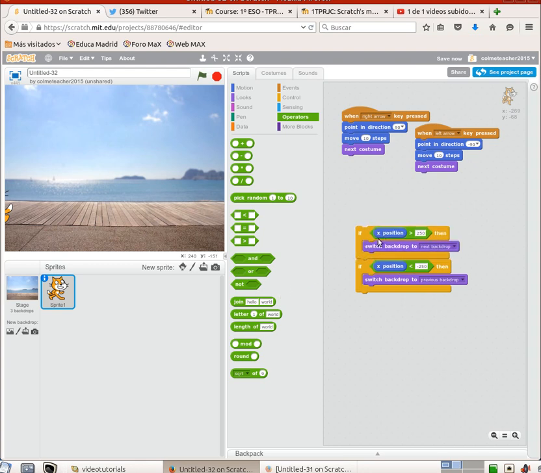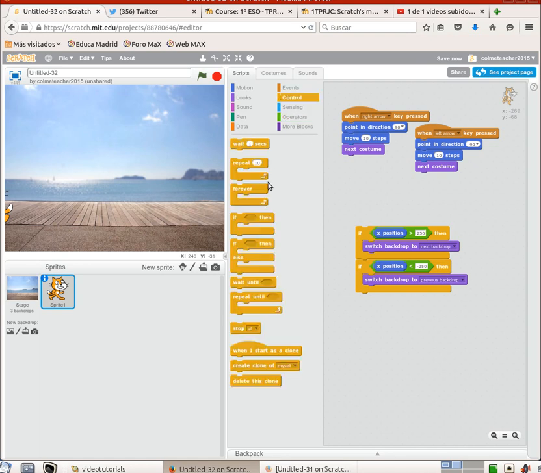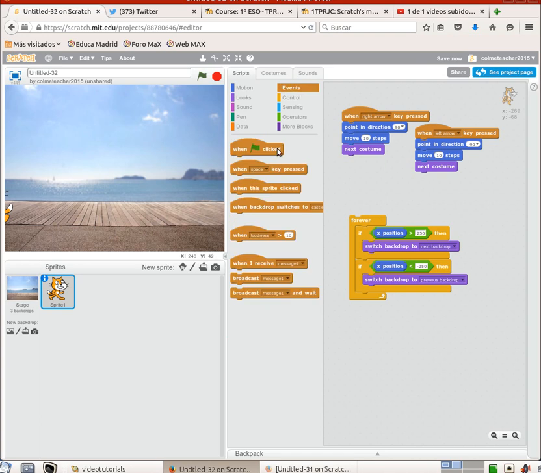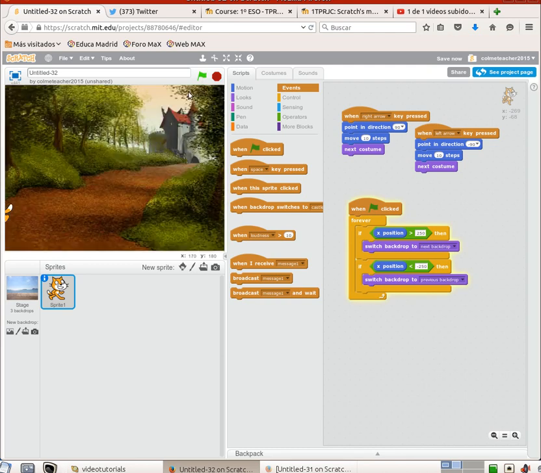So those are conditions that are checked to be true, but only once. So we want them to be checked at all times, and so we should include them inside a forever loop. So when they have been checked, they are checked again and again and again, and this checking at all times should start when everything else starts, when the green flag is clicked. So now we click the green flag and see